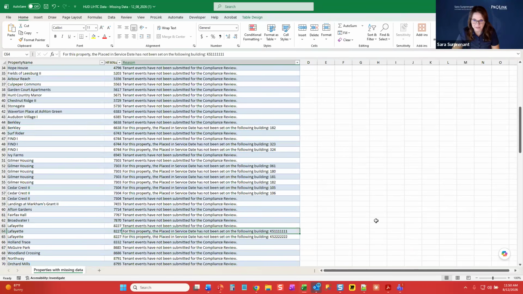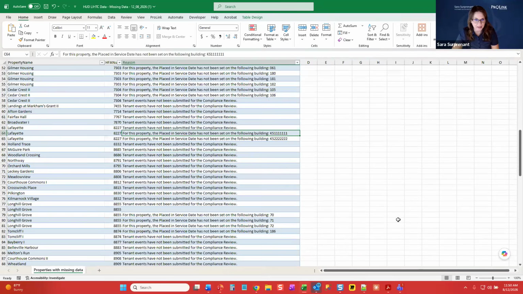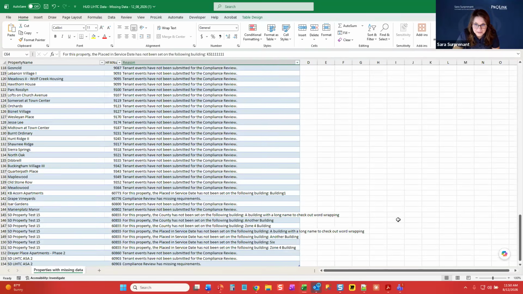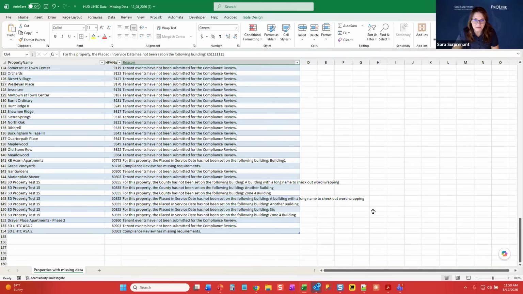Then we have the same thing, placed in service date. It will give you the BIN. What else do we have? That seems to be the biggest issues that we have. And counties not being set. If you don't have a jurisdiction, it's not there. If you have a compliance review that has missing requirements,